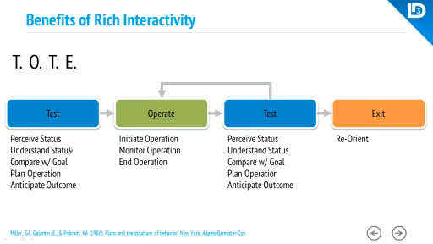So all this is about perceiving status and then understanding the status. And these are two separate things. Perception basically means just to see, is there any indication as to where am I? Is there a label? Is there a logo? Is there any kind of text telling me or allowing me to assess where I am?